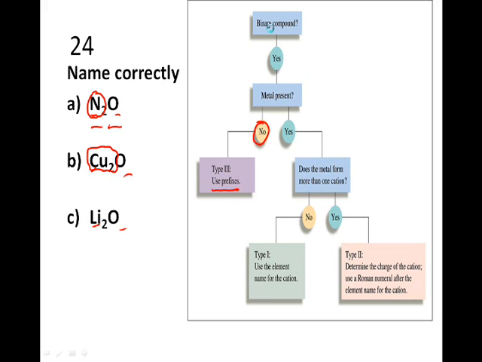There is a metal present. So yes, in this case, and does the metal form more than one cation? Well, yes, it's copper. Remember, many of the transition elements form more than one cation. So it is a type 2, so we have to determine the charge of the cation and use a Roman numeral after the element name for the cation. So this would be copper, and it must be a charge of +2 because you've memorized that oxide is